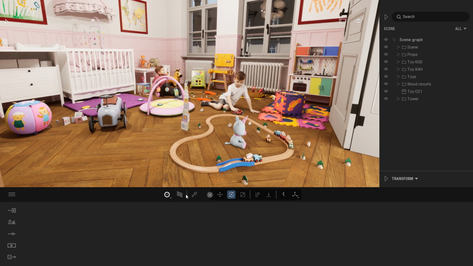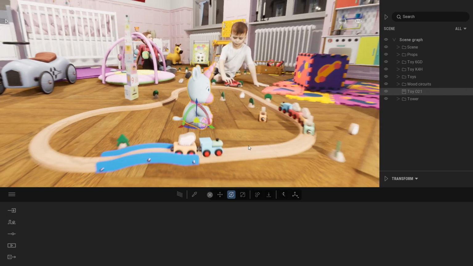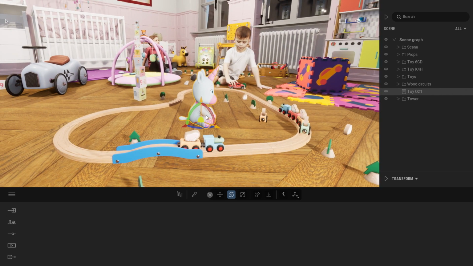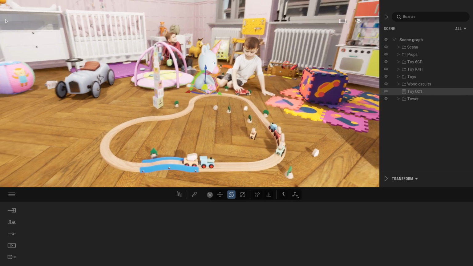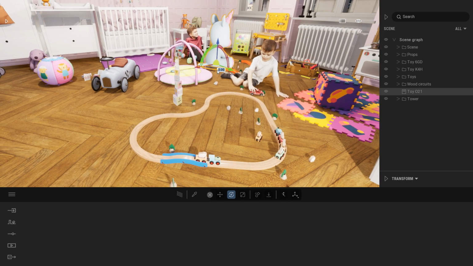Let's exit the path tracer, select that object here, that toy, and the first thing I want to show you is just the gravity. So I'm going to move that object up, give it maybe a slight rotation, and press the gravity to make it fall. As simple as that. So here again, just moving it up, let's turn it so it faces the camera, turning it maybe in that direction, and press the gravity to make it fall.